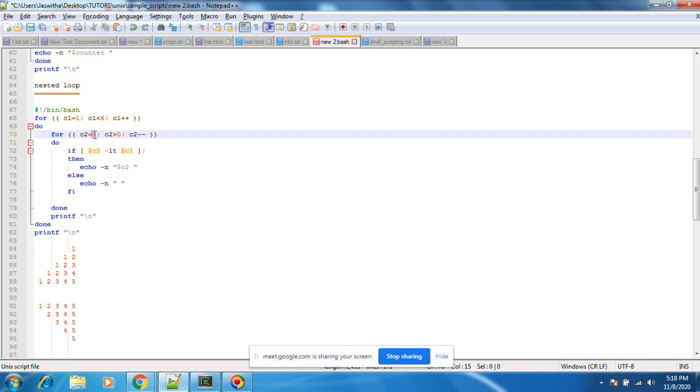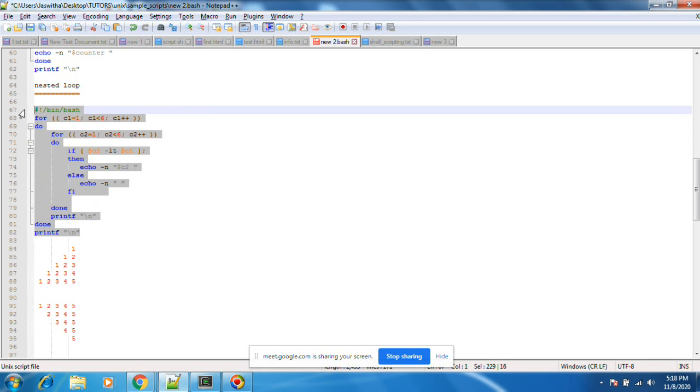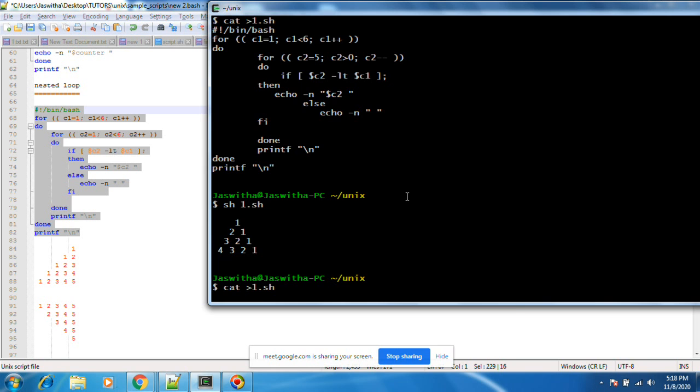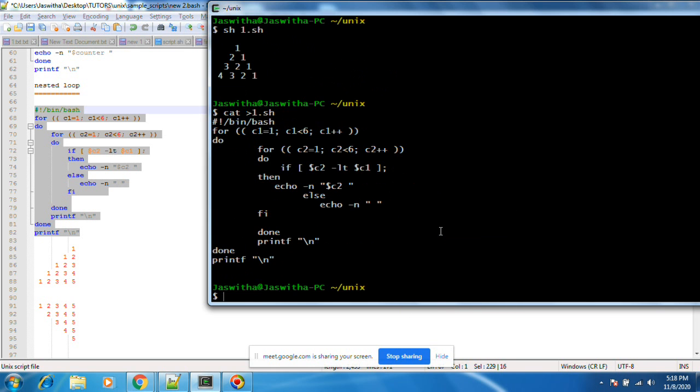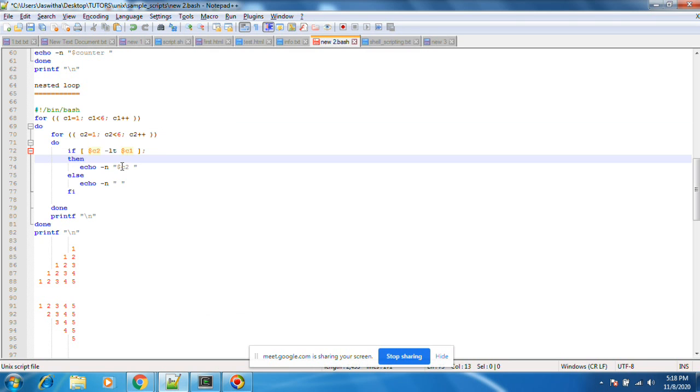If instead of this, C2 equals 1, C2 less than 6, C2 plus plus, then it will print a different way. If you keep these two here, it will print in different ways.